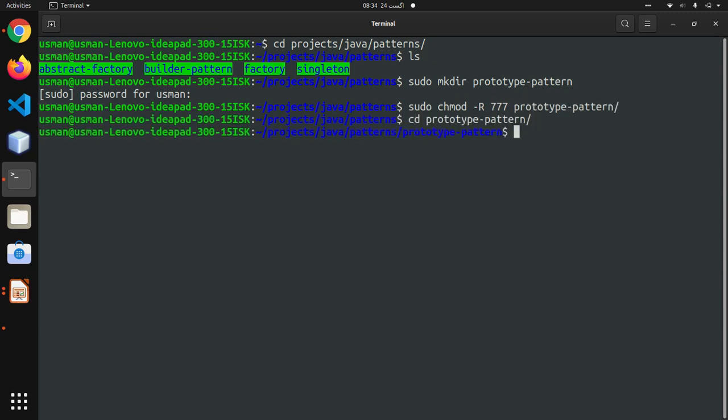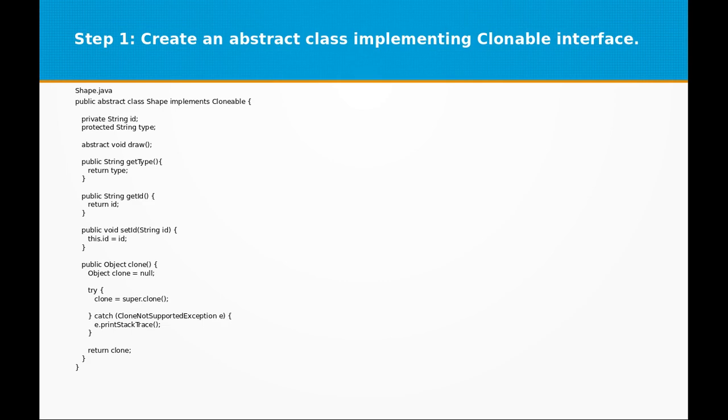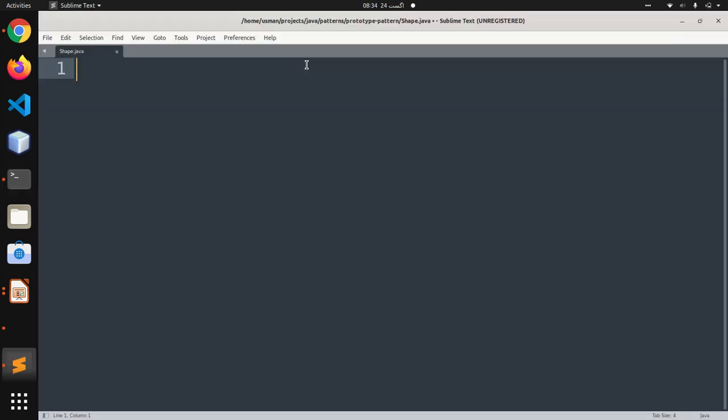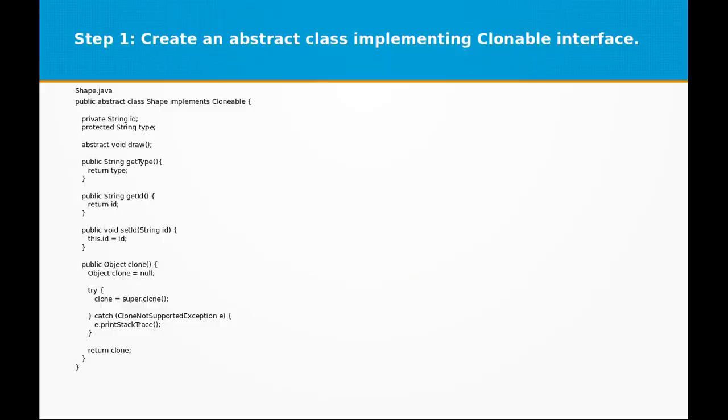Okay, the editor I'm going to use is Sublime. So the first abstract class we're going to create is called Shape.java. So we have Shape.java here, and now we start coding the Shape class.